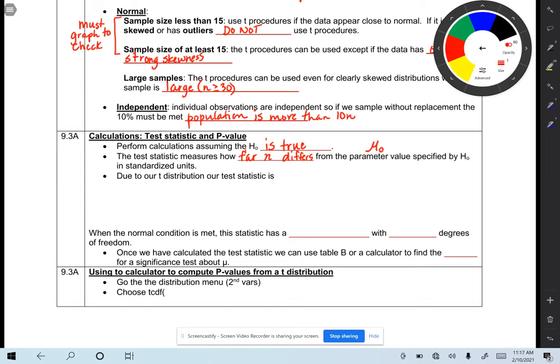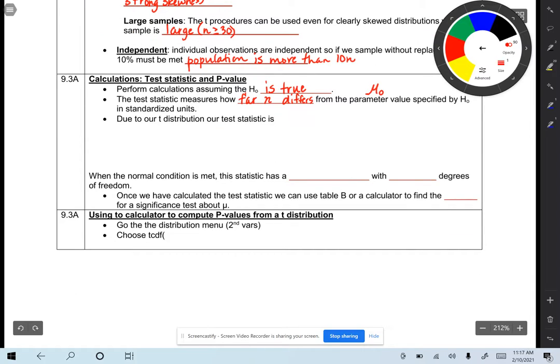Due to our t-distribution, our test statistic is, so when we were doing proportions, we had our standardized z-score. Here we will have our t-score, and our t is equal to our sample mean minus the null value divided by the sample standard deviation over the square root of the sample size. And so this will give us our t statistic,